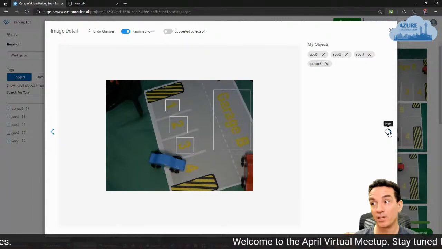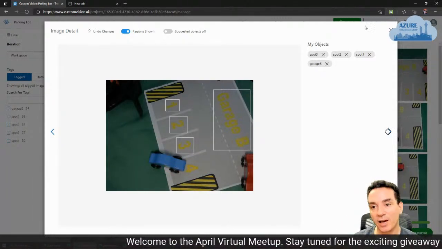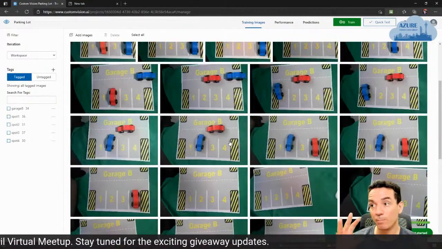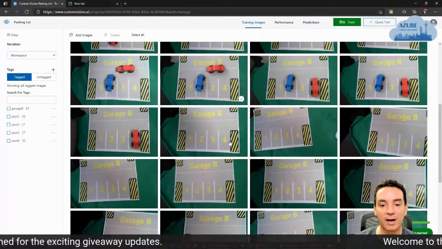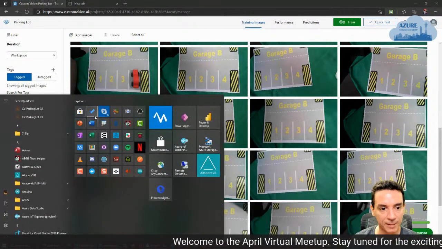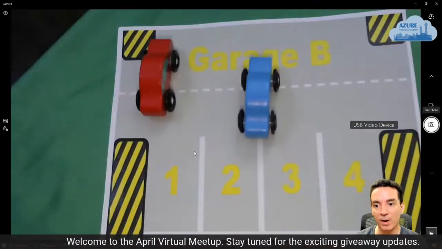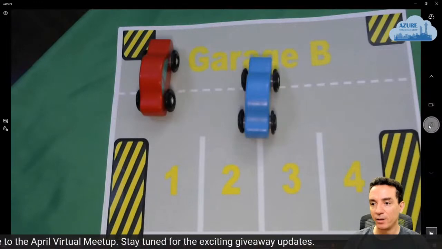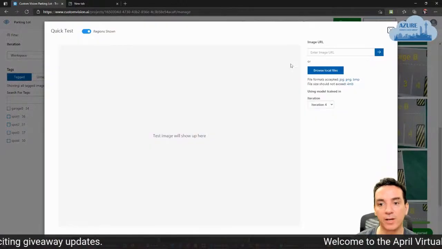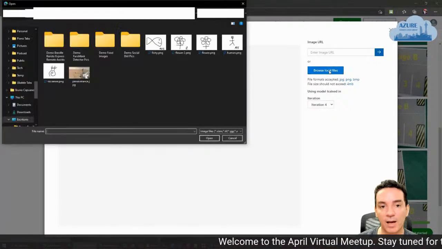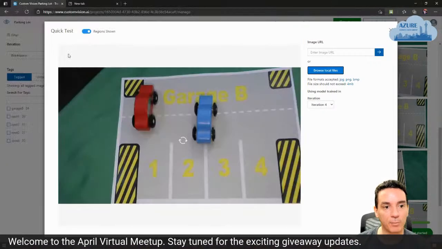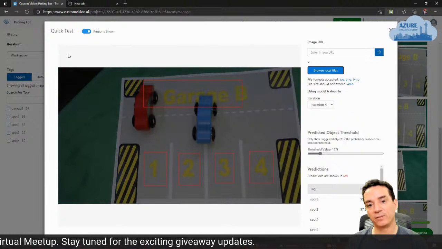I use some images in landscape, another twisted. I have some of them with cars, some without cars in the bottom, some with very high lights, some with low lights. And hey, this is kind of working. At any moment, I can go back, for example, to my camera. I train my model, but I can go back to my camera, take a photo. So I have already this as a photo, and I can go here and make a quick test. If I go here to my project, and go to my camera roll, and I upload the photo that I just took, it will detect the garage on top.